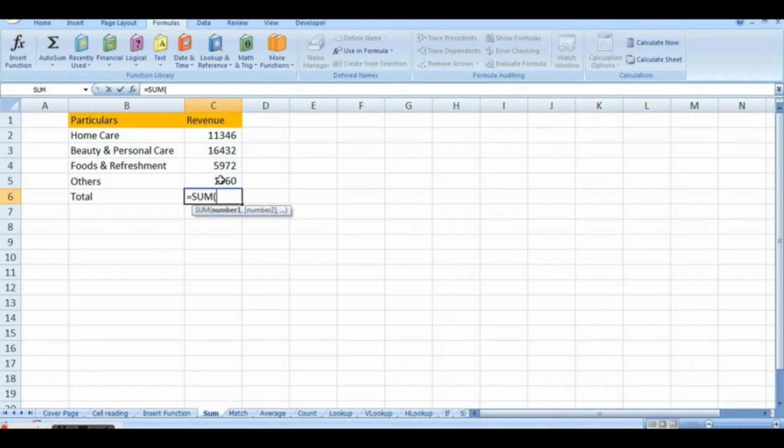So here, if we want to make the total of the revenue column, all the values given in the revenue column, you can select them either one by one by putting a comma in between like this and close the bracket to find the answer. Or, as all the numbers are in sequence, you can simply drag them. I'm sorry, I forgot to put the bracket. So simply drag them, close the bracket, same answer.